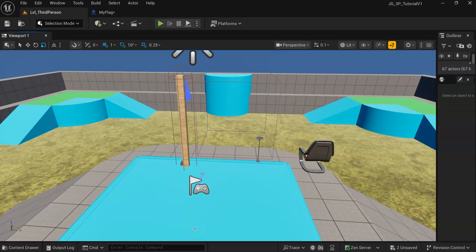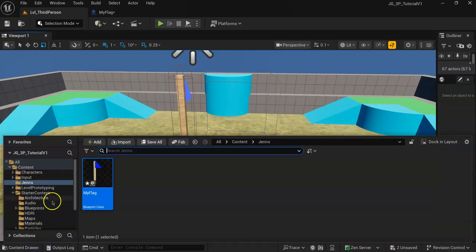So now we have our collision that has a pop-up that says hello, or it says touched flag. But what we really want is something big on the screen, right? Something that when you're playing the game, it would display on the screen and do something. So for this one, what we're going to do is go back to our content drawer and